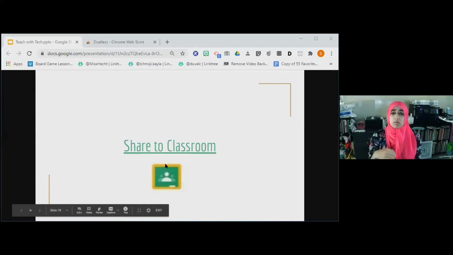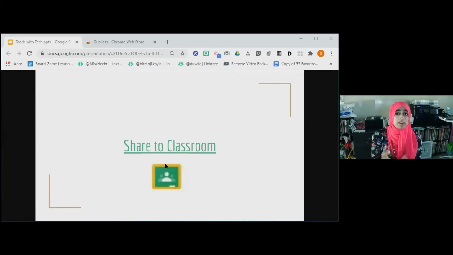And that website would immediately show up on their screens. They wouldn't have to do other clicks and open a new tab or go anywhere else. It would automatically pop up for them. So that's kind of a game changer for me, especially with students having to click, and some of them are getting used to the mouse and all of these new formats, that it just streamlines the whole process for them. You can also use it to make any web page into an assignment, a question, or a resource